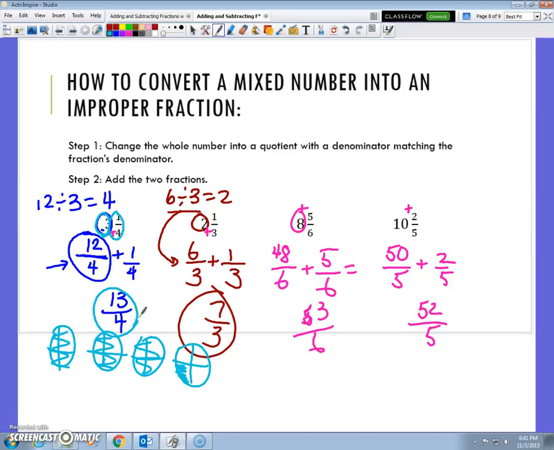And the same thing goes for 2 and 1/3. I have 2 and 1/3. But really I have